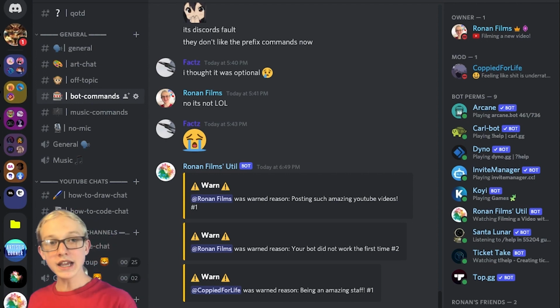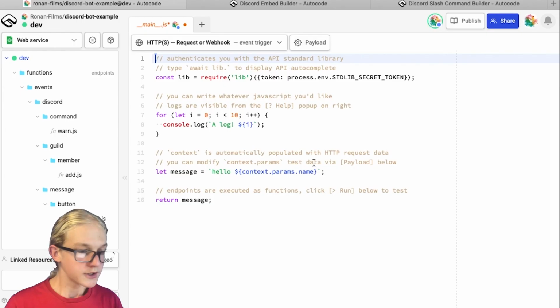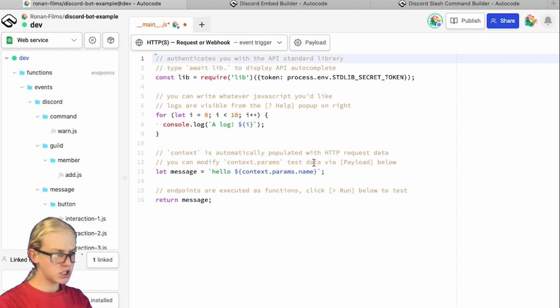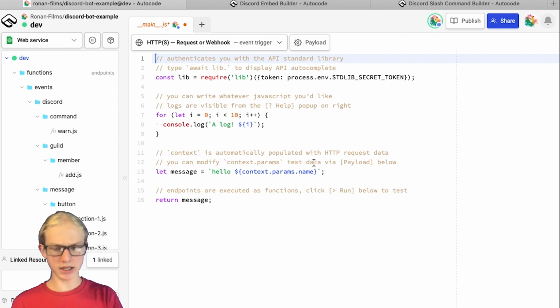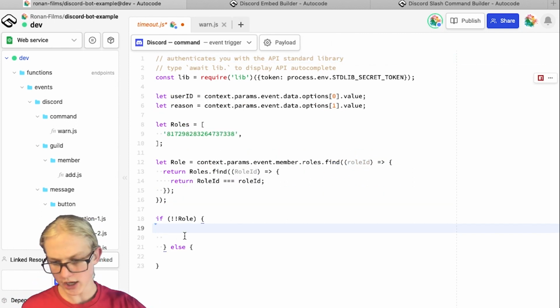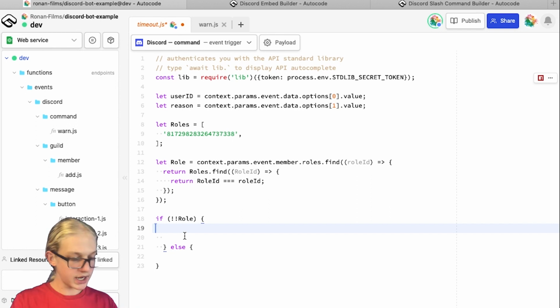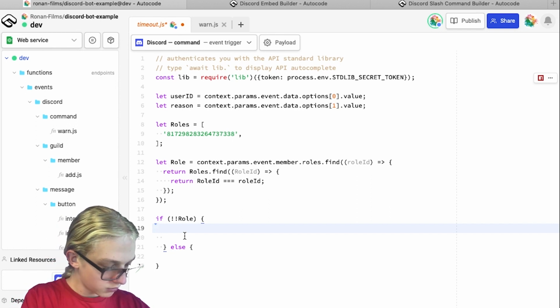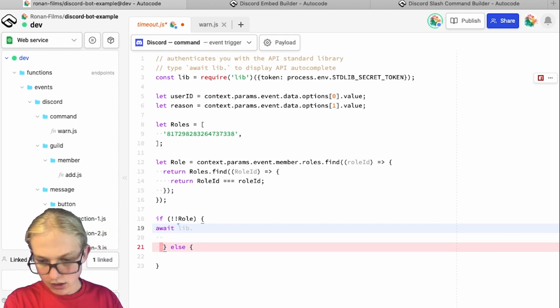Anyway guys, we are now going to move over to our timeout command. So let's get into that one. So guys, once you have created your amazing new file here to add your timeout command, what you're going to want to do at the moment is add in our timeout reason. So let's get onto it. So we're going to want to do an await. Just come here and we're going to do await. Make sure you type await properly, and we'll do